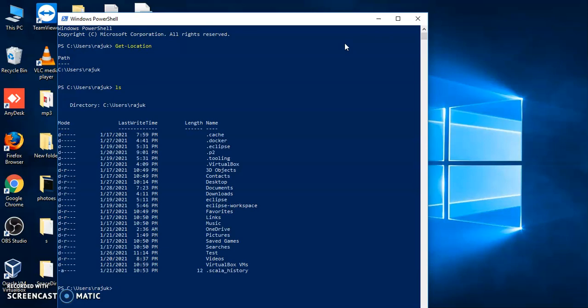If we want to go inside any folder, we have two commands. We will see how we can go inside. Now we have to go inside the Desktop directory.